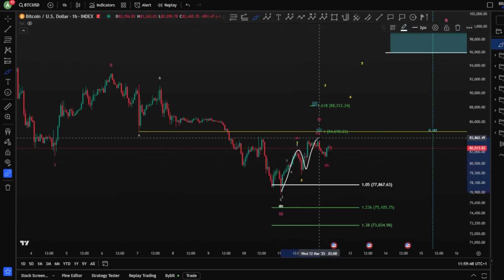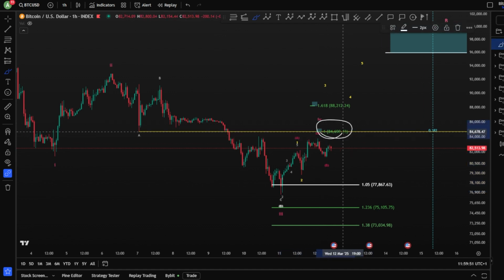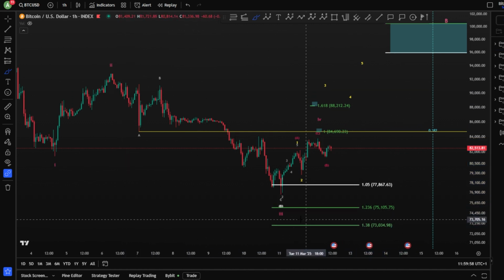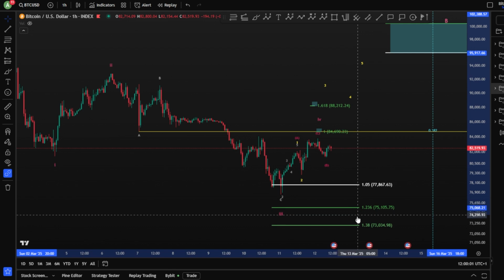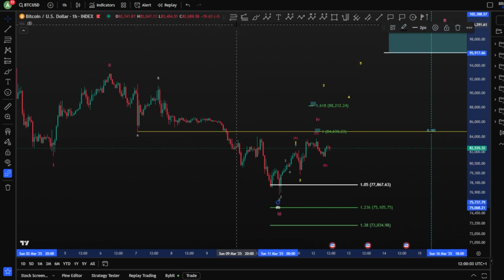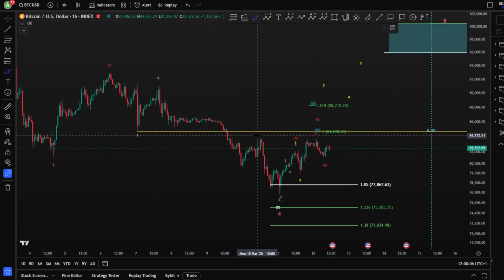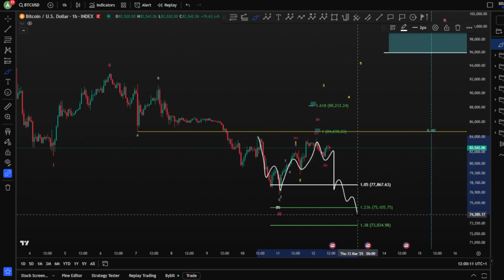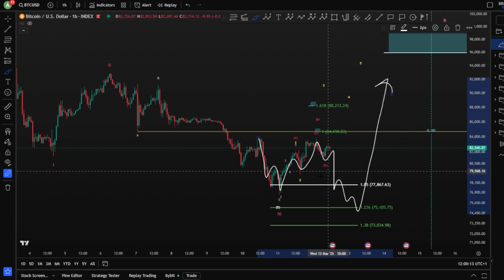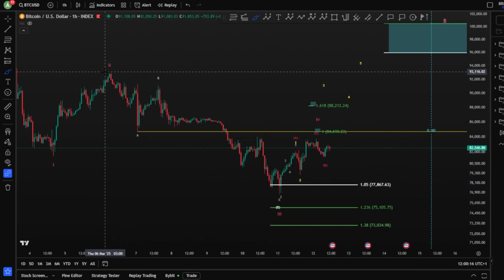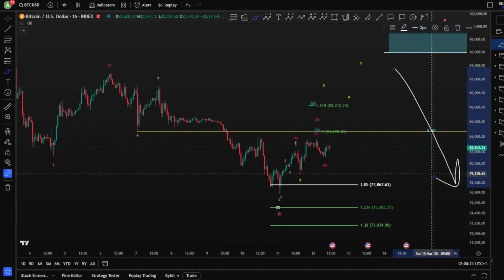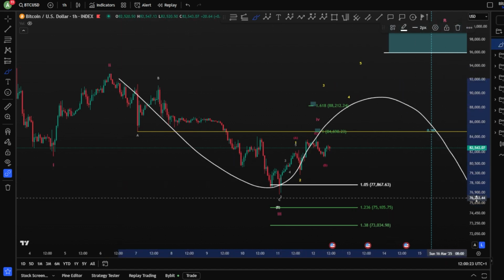If we finished ABC just like that, without reaching the 1-to-1 fib level, it means we might, of course, continue toward the downside for a new fib level for a wave B here. The wave B might extend to this area. And of course, as an expanding flat, here you have three waves down, 3 waves up, 1, 2, 3, 4, and a 5, and then moving toward the upside again for a bigger expanding flat, meaning A, B, and a C, of course, and then continuation toward the downside, one more leg to finish this correction.